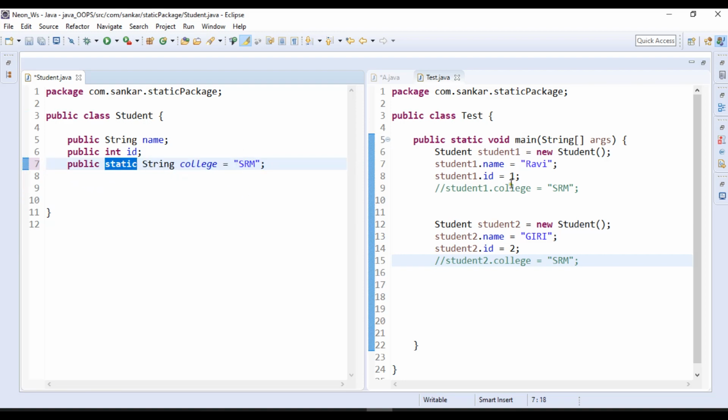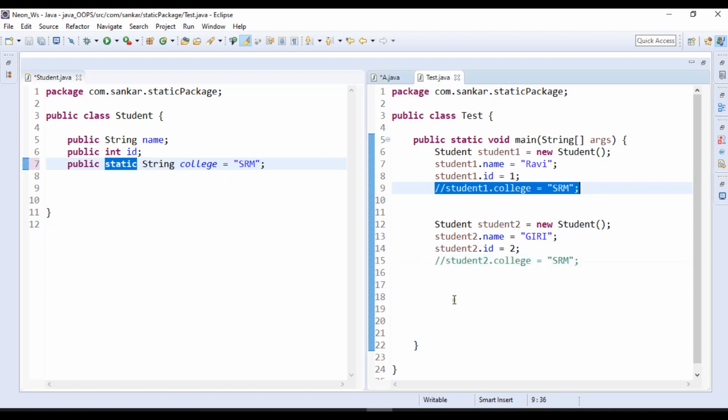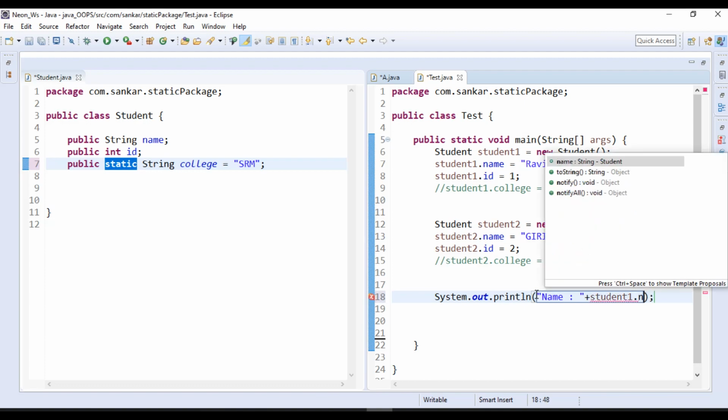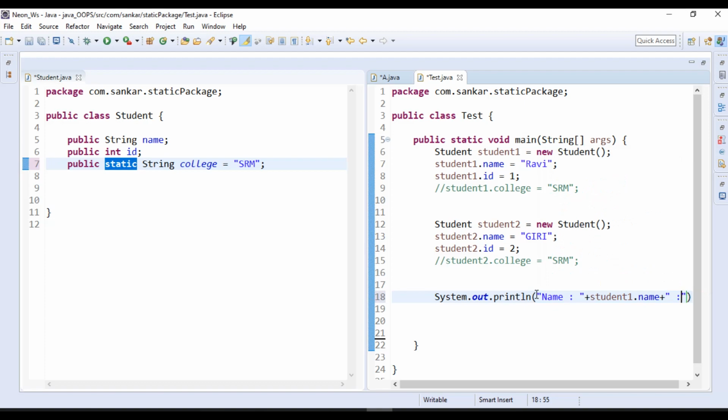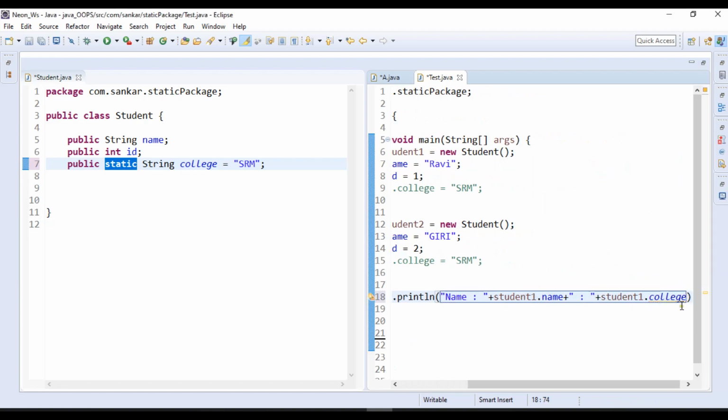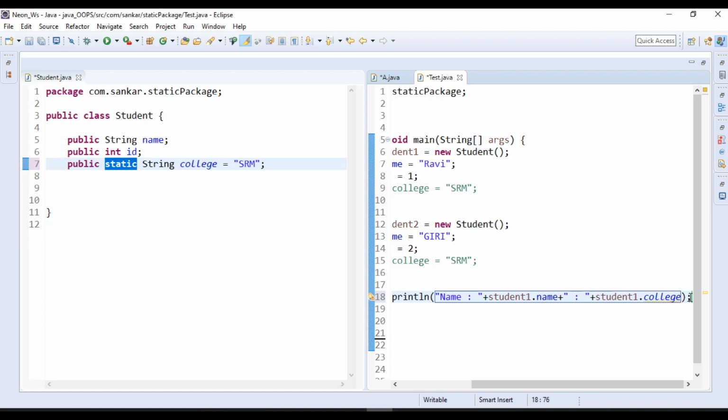Now this is static, so I no need to create it anywhere else. For example, say I need to print student details. With the help of the object reference I will print the student name. For example, if you have 10 students, you can print them one by one like this. Student one, student name. Our intention is mainly to check whether the college name is coming correct or wrong, right? So dot college name. See, like this.